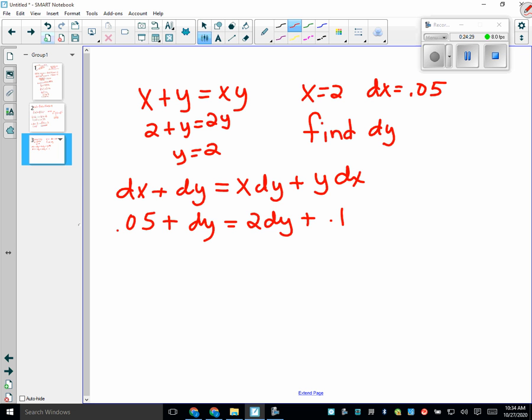Oh, okay, yeah. So is negative 0.05 equal to dy? Okay? A little bit better than those word problems, right? How do we get